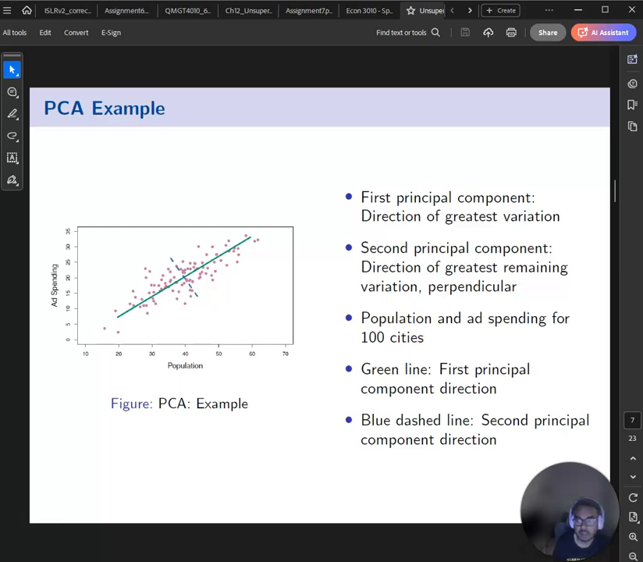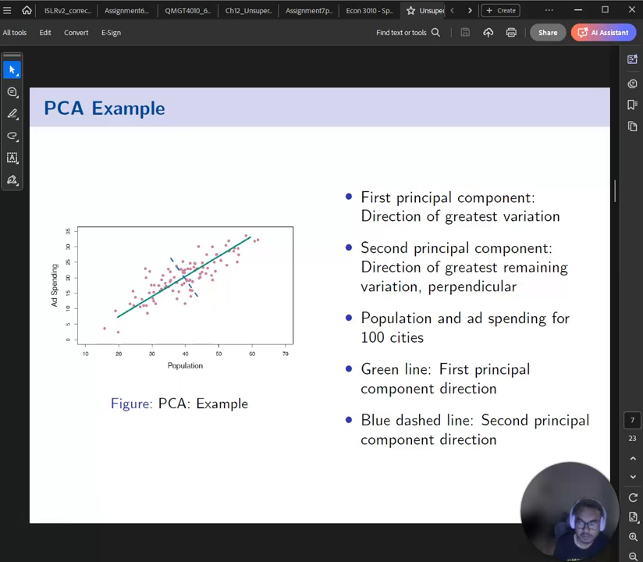So here's an example of what makes PCA so useful. In this scatter plot, we have data about population and ad spending for 100 different cities. Each dot represents one city. The green line is our first principal component direction. Note how it is pointing along the direction where the data varies the most. If we were to project all our data points onto this line, we would capture the maximum possible variance with